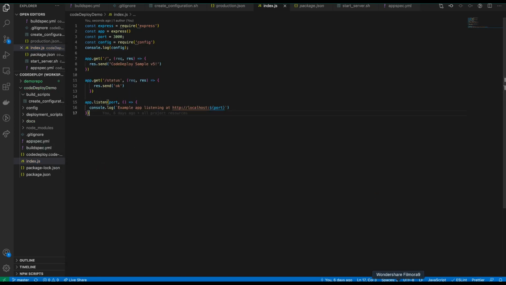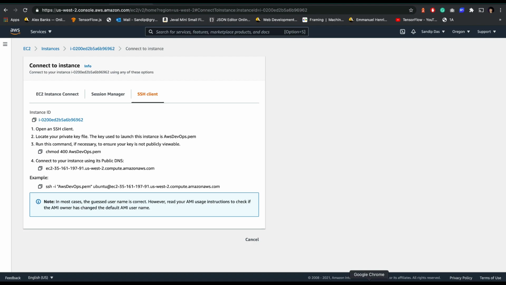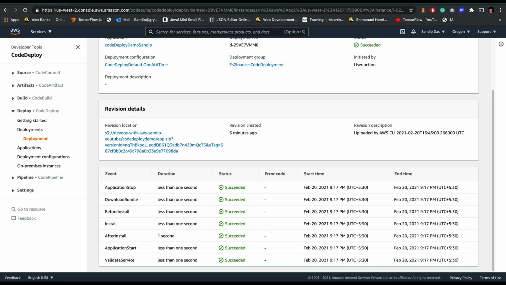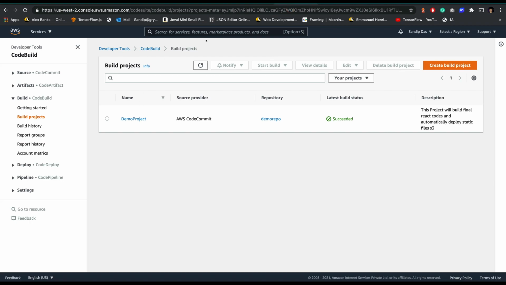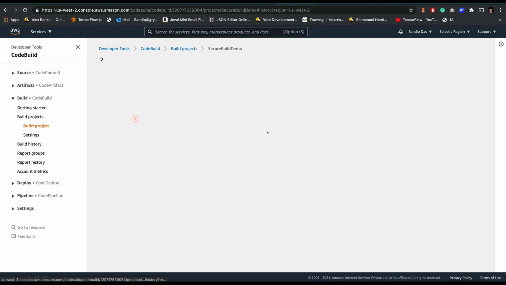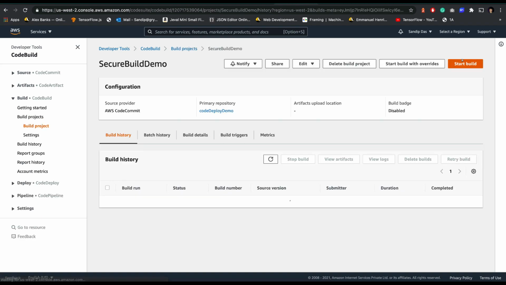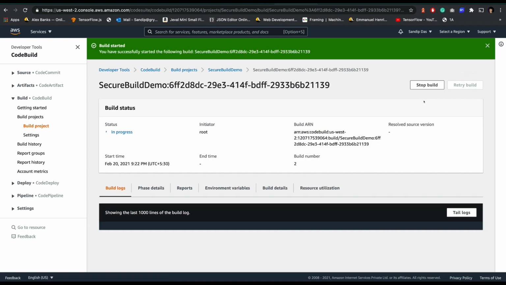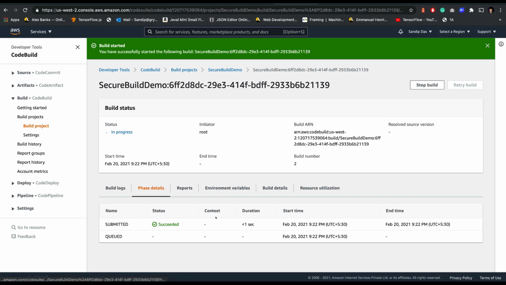Now we're done. Now as soon as it's done, in the CodeBuild itself, I can just go and make a build. So this is our project. I will just simply run the project, start the build. You'll see within a few minutes, I think minutes is too much, a few seconds, the build will be done. Let's see.